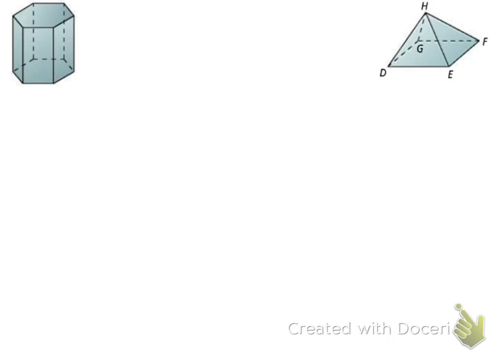On the back of your notes then, again, just two more that we're going to go through here. So this first one, again, my vertical cross-section. I'm going to take a knife and I'm going to cut it vertically. So I have my knife here, and I'm cutting it vertically on the top. And then I'm going to look at it directly on, so it's going to look like the faces that it's parallel to,